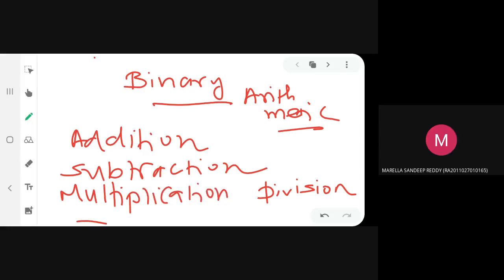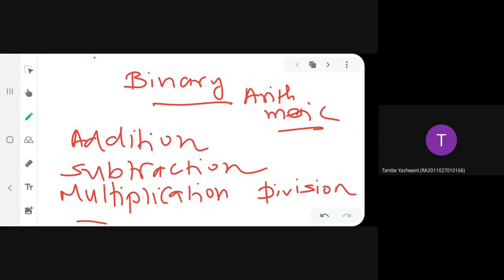Yes, ma'am. Okay, so just refresh the things that we've learned last class. What are the things that we discussed last class? Ma'am, conversion of number systems. Yes, what is the necessity of going for a digital system, some good examples for a digital system, the various numbering systems, and how to convert one numbering system to another. So, what are the various numbering systems?